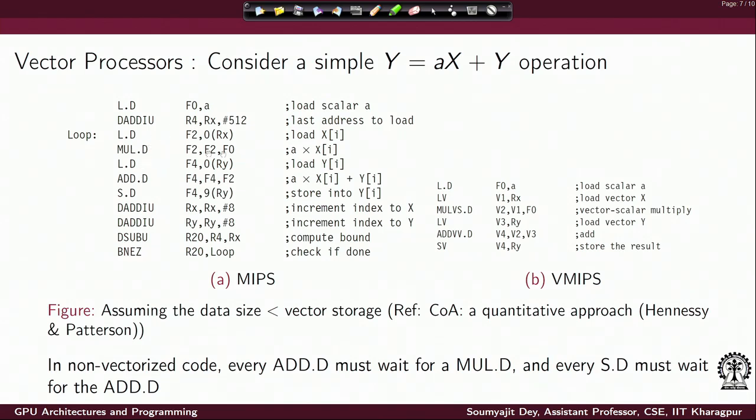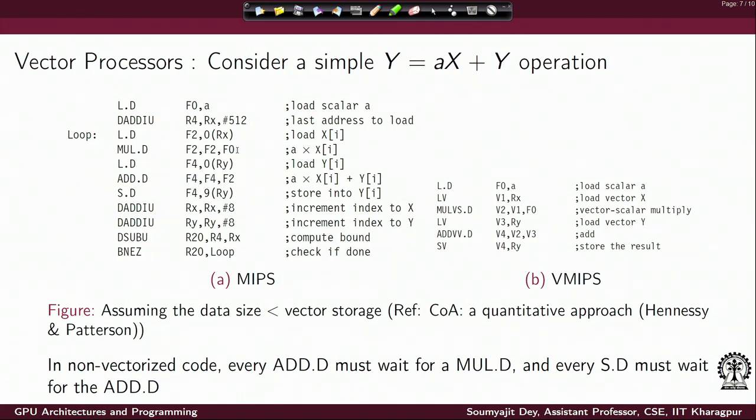So, this multiply operation essentially does the multiplication of A and the ith component of X and stores it back to F2, and in the addition operation this has to be added with the content of F4 which is Y, right. Now, as we know, this is going to be done in a pipeline fashion. So, for the multiply operation to end, it has to write back the value of F2 to the register file, and that would happen in the last cycle of its execution, and until that happens, add cannot really do the operation, right. So, add.d needs to wait for multiply.d.